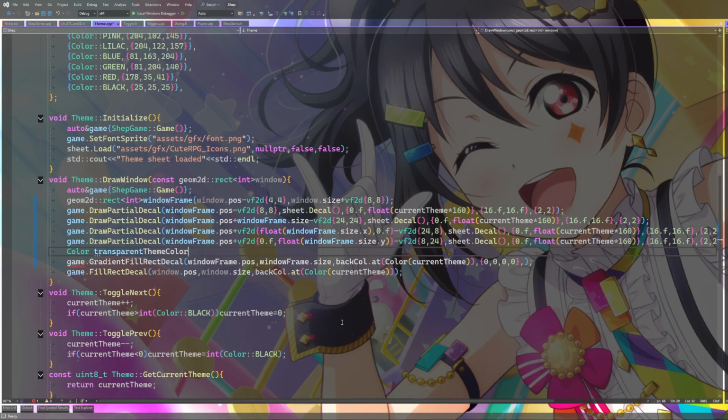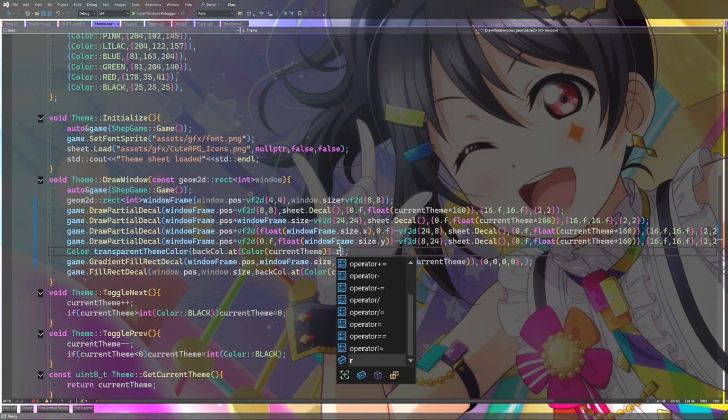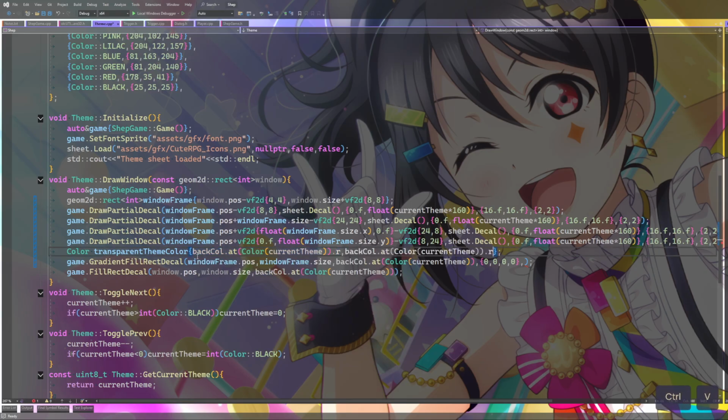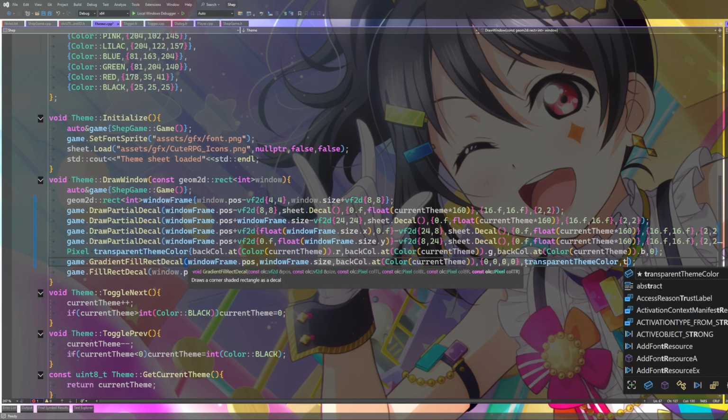Transparent theme color. RGB 0. Oh wait, it's not color, it's pixel. I hope so. I've never actually tried that before.